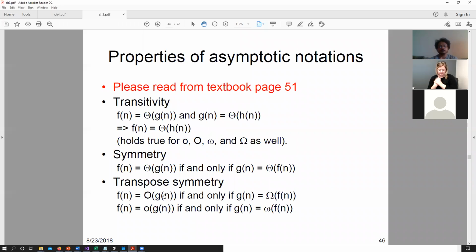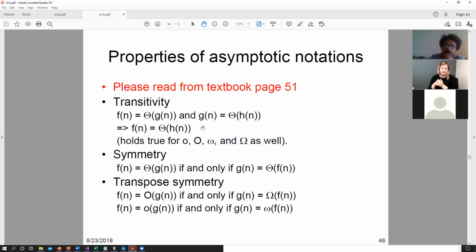Okay, so let's move on. Perfect. Okay, so now we talked about these bounds and how we can compute these bounds, but we are now going to talk about certain properties and how to analyze these bounds a bit further. You can find this particular information in the book, in the common book, on pages 51 and 52.